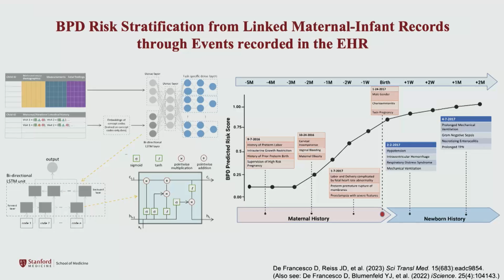One of the ways we've done so is by using the electronic health record. In this published work, we've taken the various domains of events that are recorded within the electronic health record to build complex models to understand how each event affects the overall risk stratification, here shown for bronchopulmonary dysplasia. You can see that far before we really have that outcome, we can begin to understand how the events during the peripartum period contribute to these potential risks, and ultimately help our decision making with regards to that.